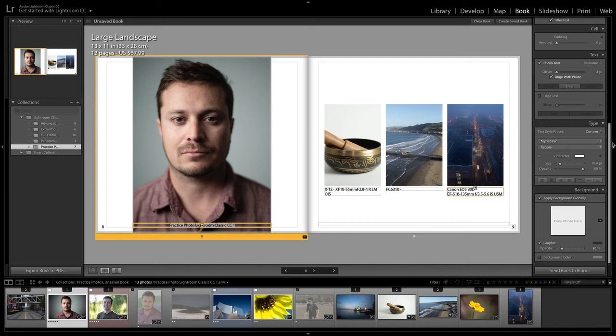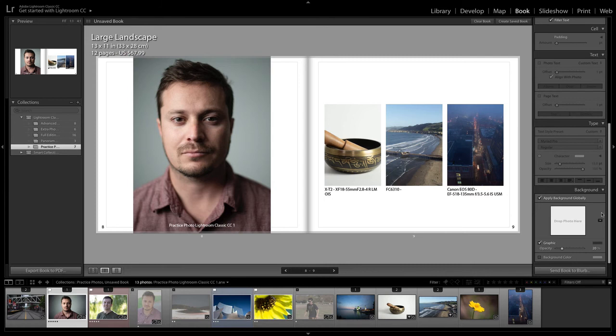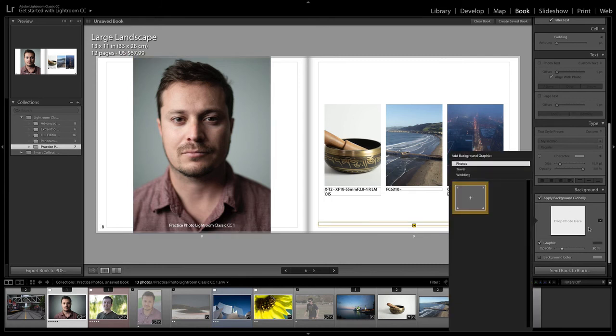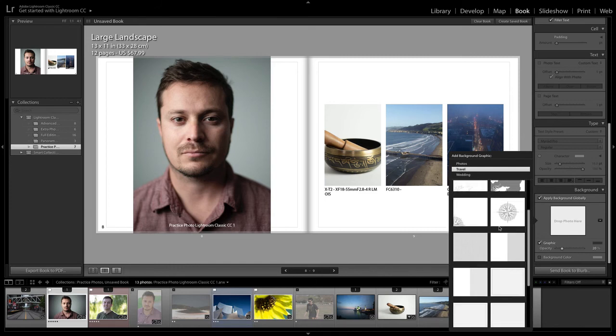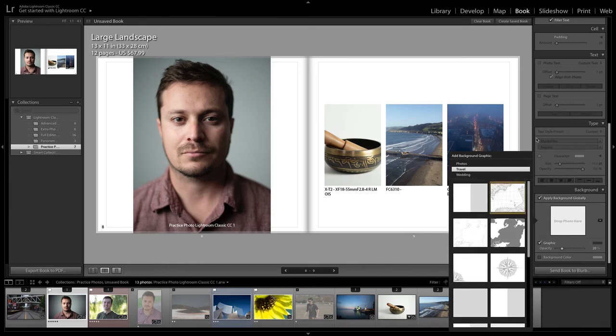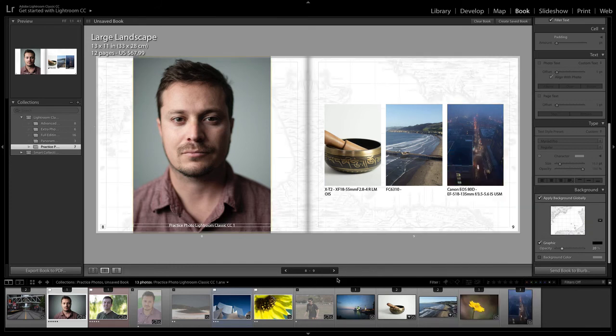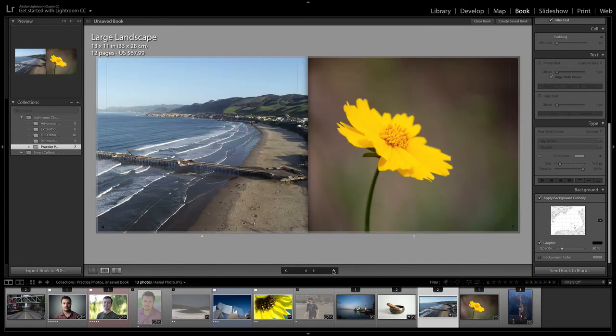If you have a background that you want to apply to your book, you can choose to add a photo as a background, or you have some presets. So for example, for travel, you have some presets. Let me just show you what happens when we do that across the entire book. Now we have that background.